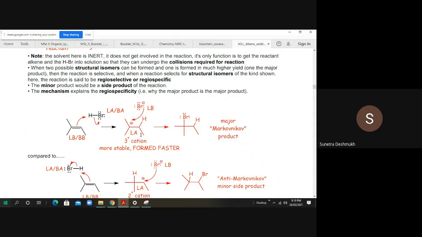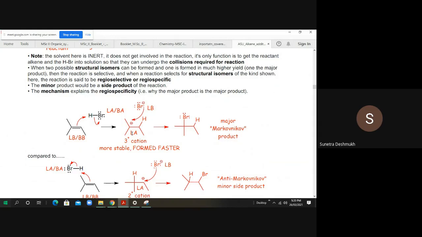So the carbon-carbon double bond abstracts this proton to form a carbocation. We got a tertiary carbocation, and hydrogen gets added to the less substituted carbon atom where already one hydrogen is present. So this is the major Markovnikov product. This is the Markovnikov addition of the least bulky substituent: H is less bulky than the bromine. Bromine is more bulky, so bromine will add to the more substituted carbon atom. Here two methyl groups are present on this carbon atom, so bromine will add to this carbon atom. So this is nothing but the Markovnikov product.